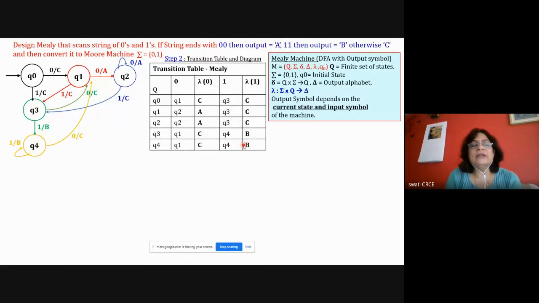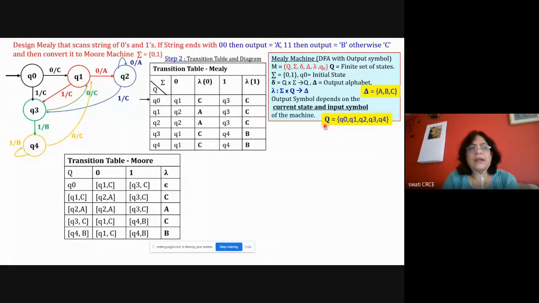Now for Mealy machine to Moore machine conversion, you need to refer the table. It is easy to solve this problem with the table conversions. You convert the Mealy machine transition table into Moore machine transition table. Okay. So for conversion of this table, you just have to complete the Mealy machine diagram. Here you say capital Q is equal to all the 5 states and then draw the table. Okay, and delta is ABC. So now the Mealy machine is over.